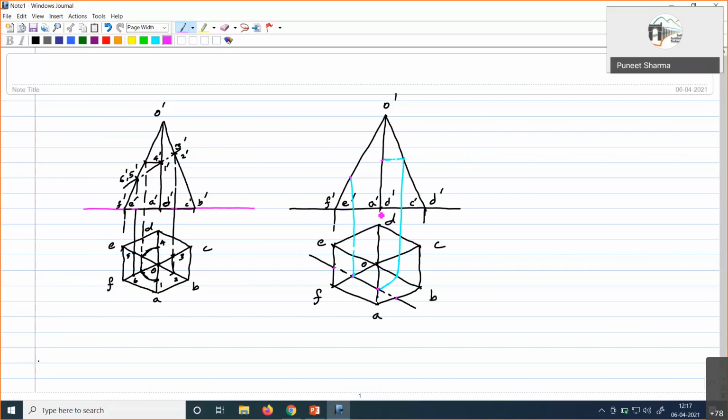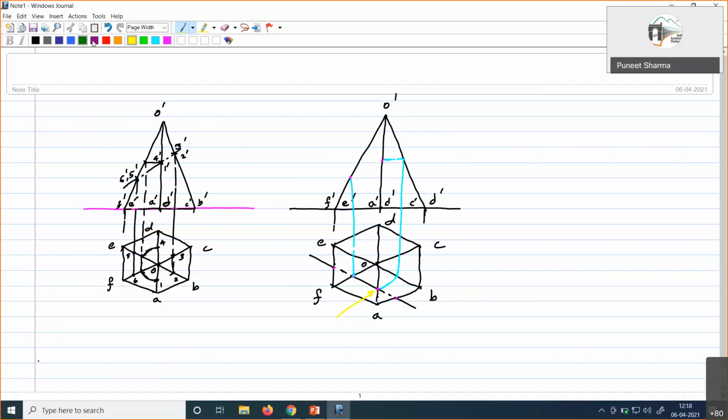So again, so as to locate at which location the section plane is passing through O dash A dash, what we need to do is we need to rotate this point, this one, right? So this point we need to rotate and bring it to some other edge. Either you say rotate or else mark this distance O to this point.